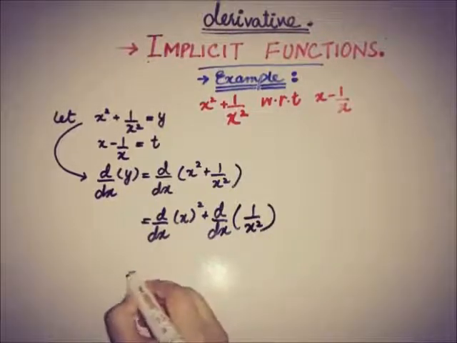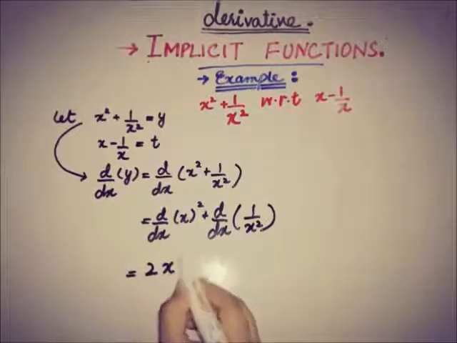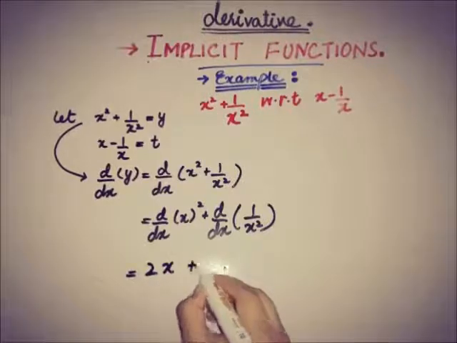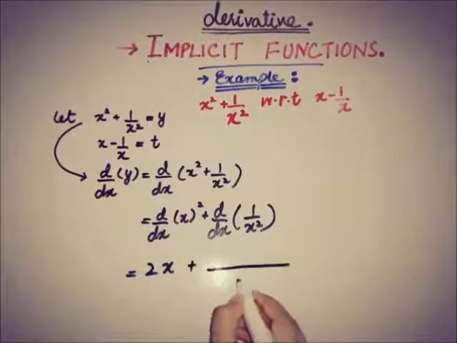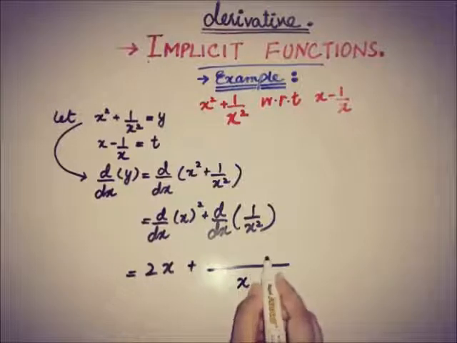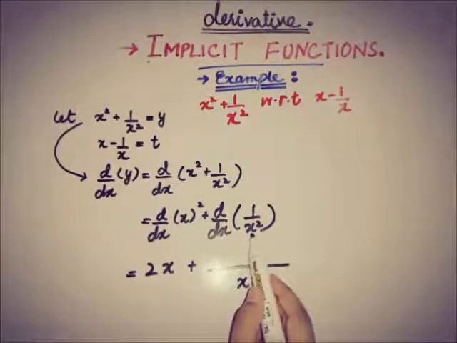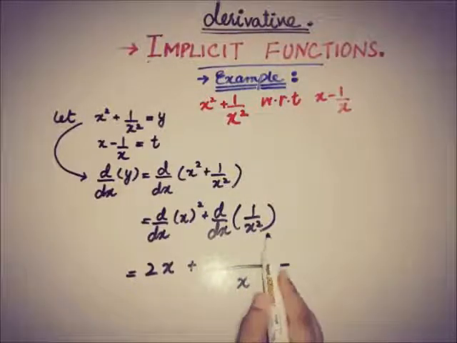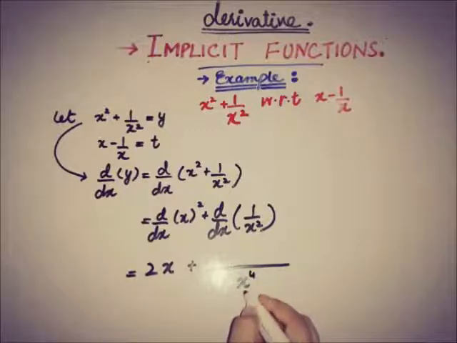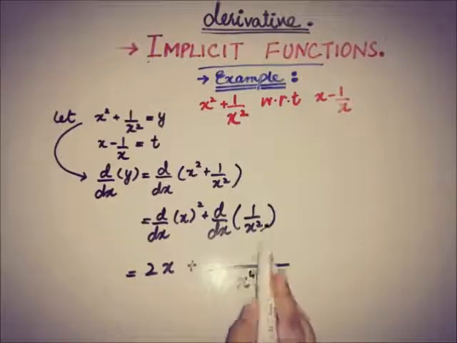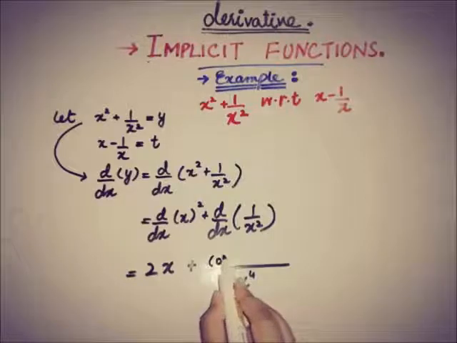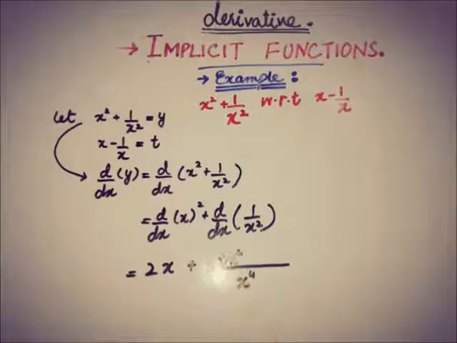We will use the power rule here: 2x, dx by dx is 1, plus we will use the quotient rule here. The square of the function in the denominator, that is x to the power 4, times the derivative of the function in the numerator, that is 0, the first